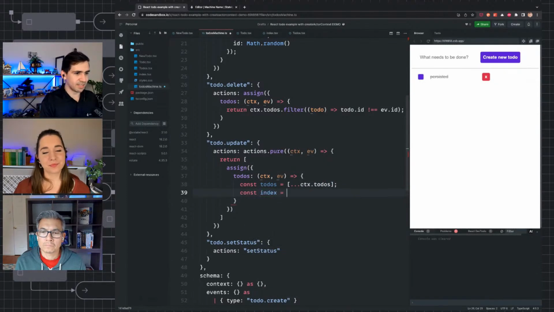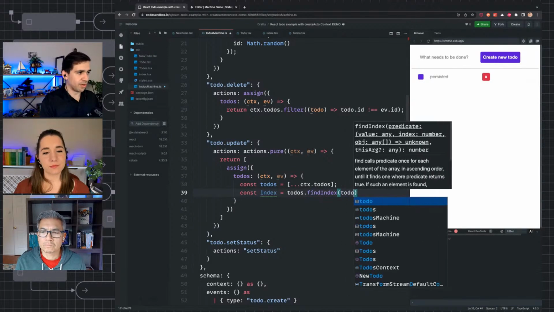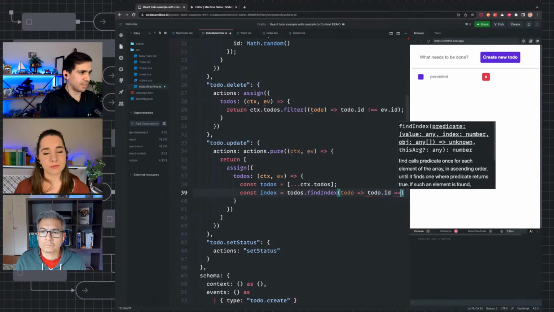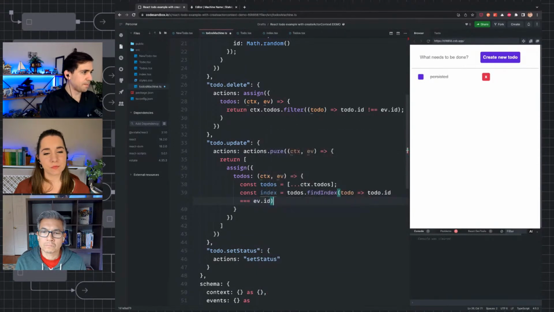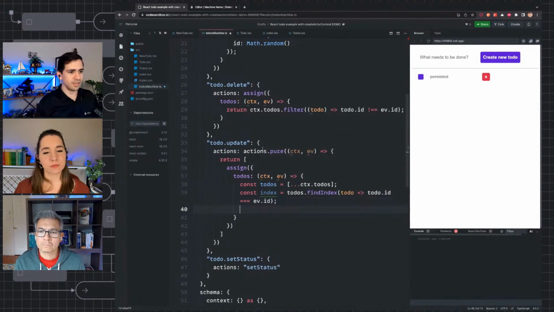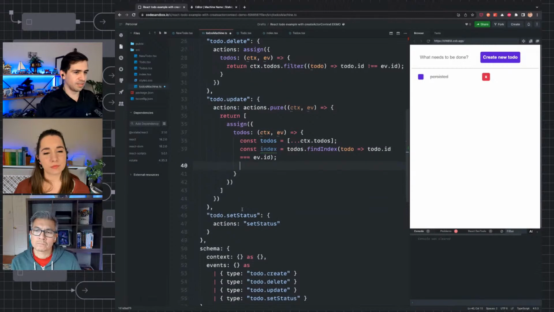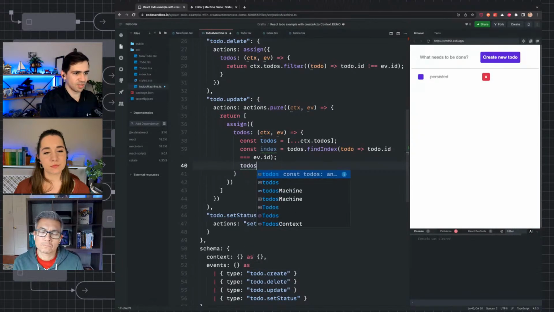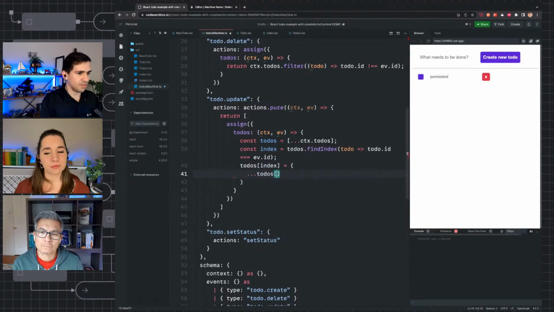So const index equals to-dos dot find. Basically, we're going to find the to-do that we are updating. To-do.id is event.id. You could also map over all of the to-dos to do this if you want. The performance is probably the same. This is just the way that I do it. Index equals to-dos index